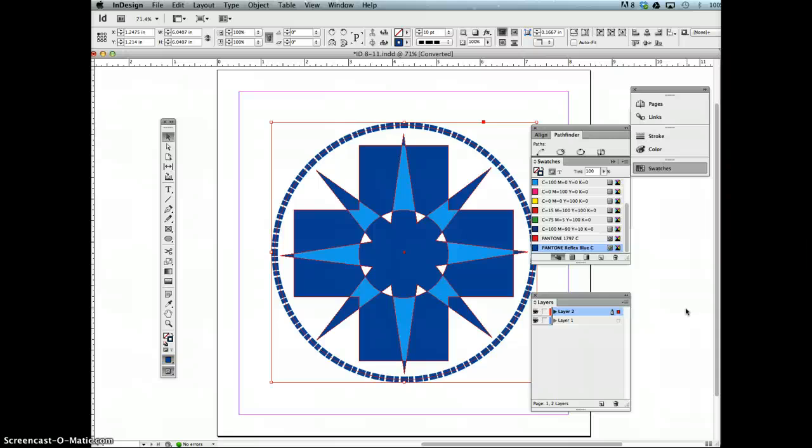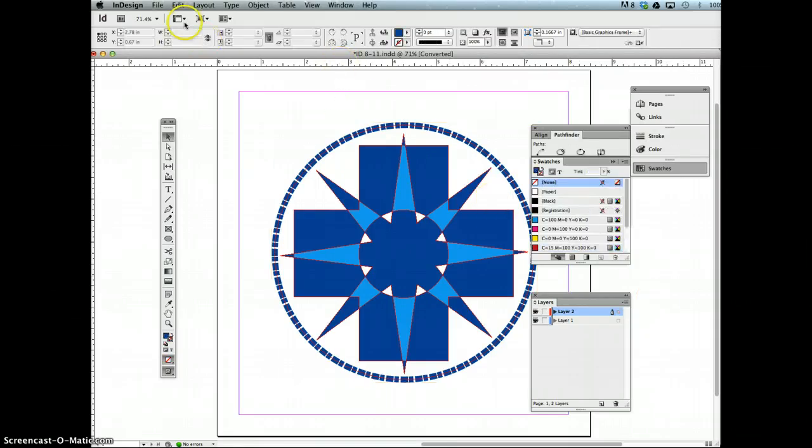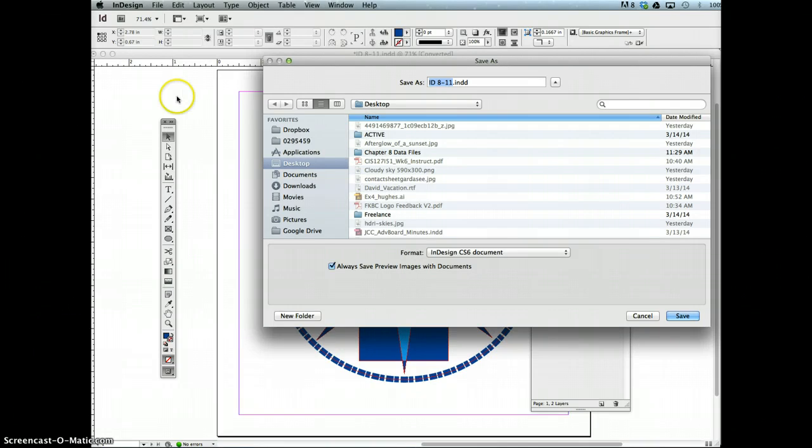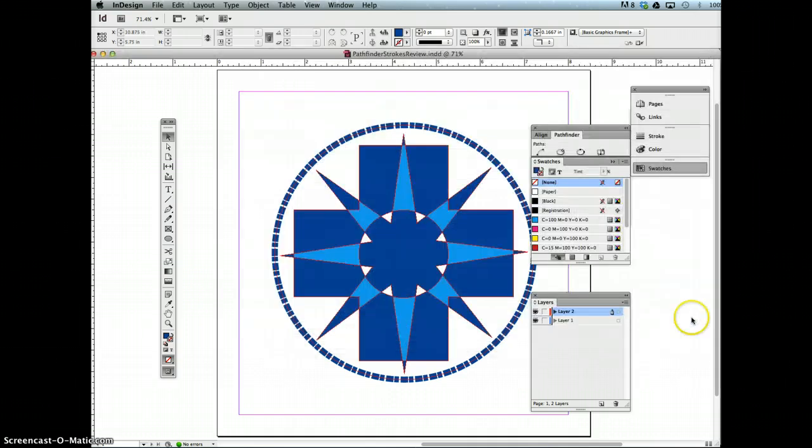Save your work and then close Pathfinder Strokes Review. So we're going to save our work file. Pathfinder Strokes Review. Save it to the desktop,